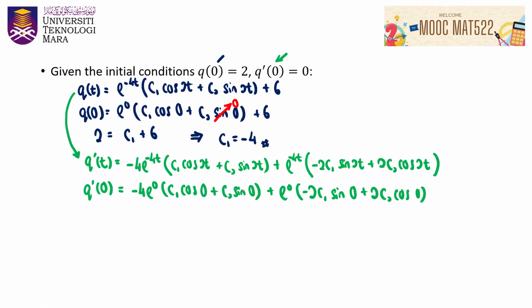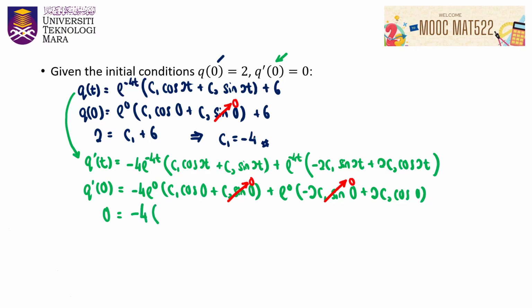Using the same deduction, sin 0 gives us 0, so these two terms vanish. And that Q'(0) equals 0. This is just negative 4